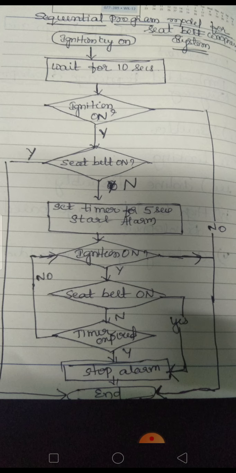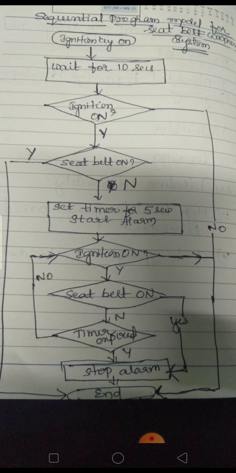The execution flow of the sequential program model for the seat belt warning system you can represent as: define void seat belt, wait for 10 seconds, if check ignition key is on, if check seat belt is off, set timer to 5 seconds, start alarm, while check seat belt is off and check ignition key is off and timer expire is no, then stop alarm. This gives the flowchart approach for modeling the seat belt warning system explained in the previous way,